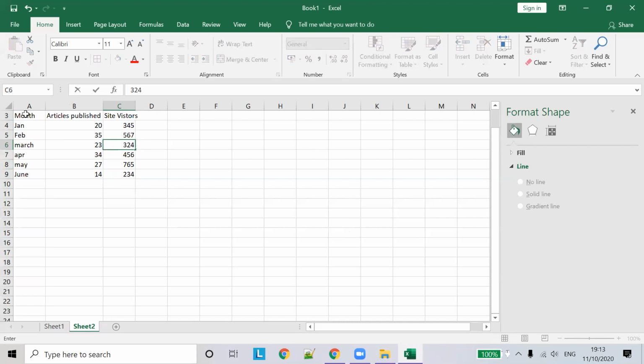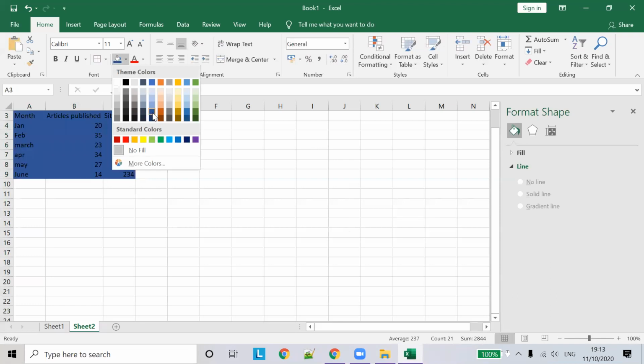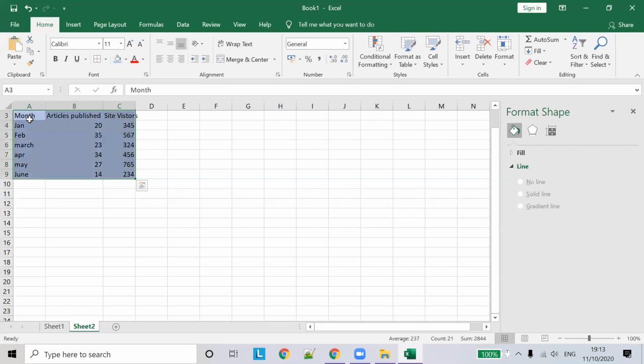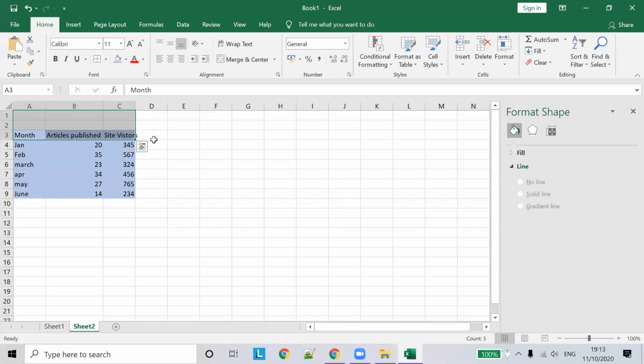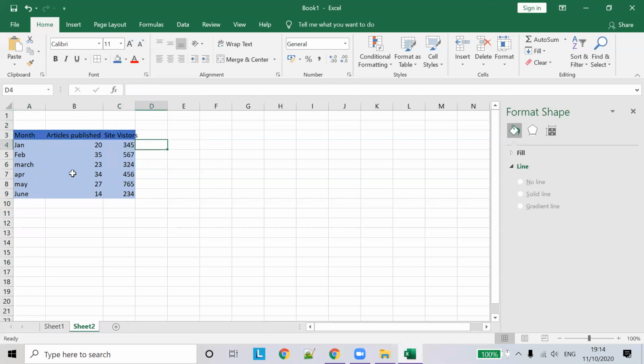Now what we are doing is a basic column chart. What are the steps? First maybe we'll give some background. We'll use a light background and do some columns.